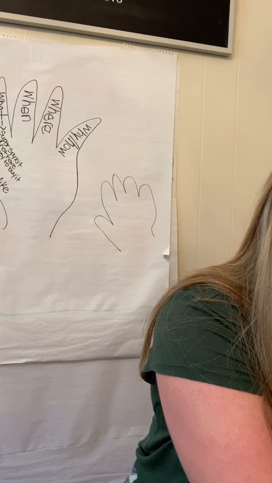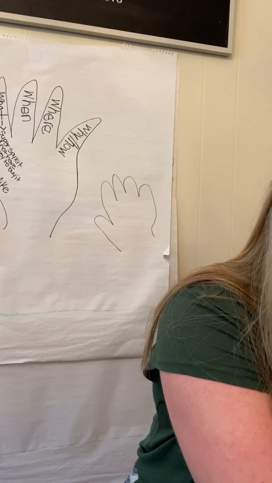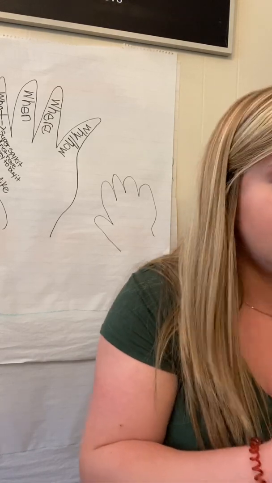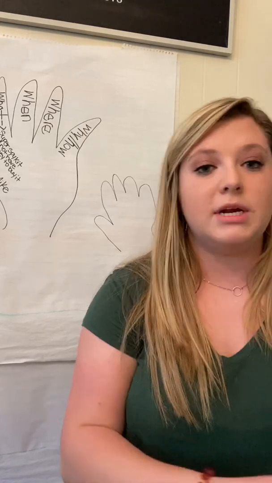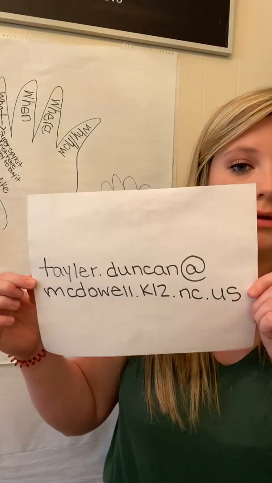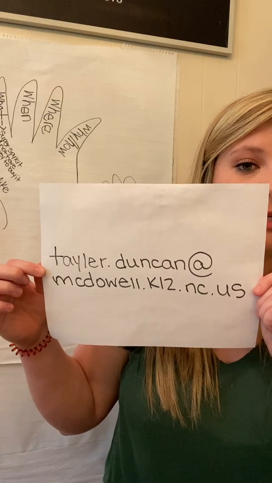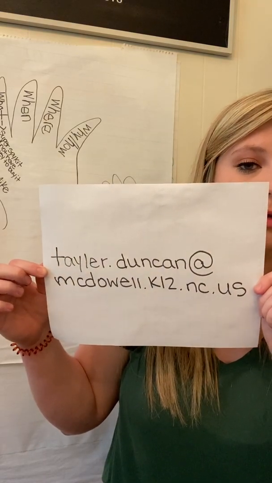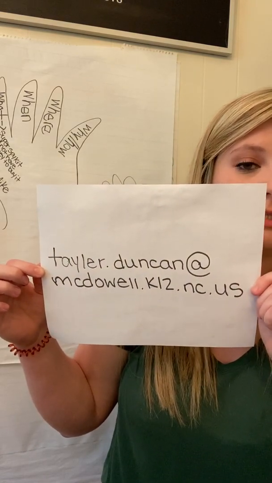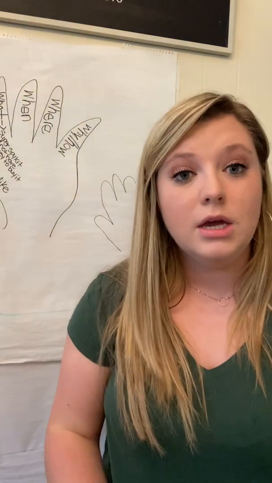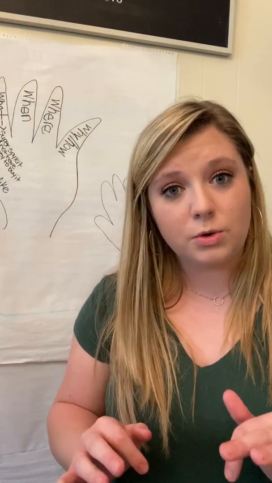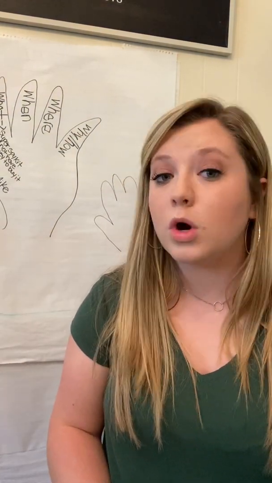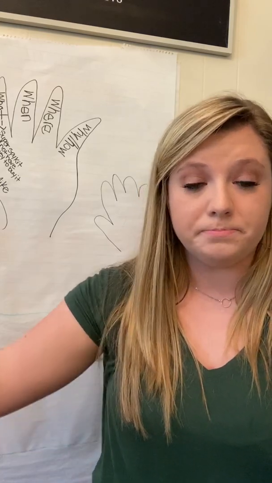Okay, some of you have already emailed me some stuff, so you probably already have my email, but it's all on one line, okay? taylor.duncan@mcdowell.k12.nc.us. Okay, so you can type it on a computer and email it to me,